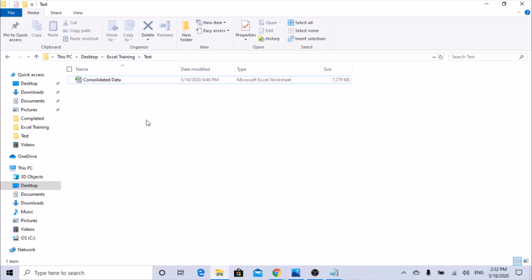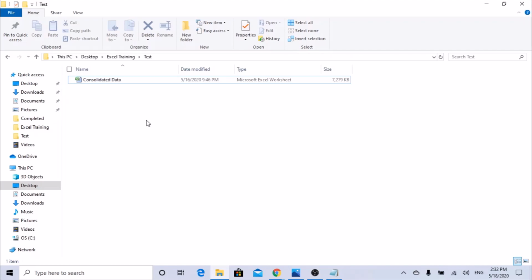Today's session is to learn how to reduce the size of the Excel file to half of its size. We would have come across a lot of scenarios where we have a master file or a consolidated file where we keep on adding the data from multiple sheets on a weekly, a daily or a monthly basis. As the data increases, the file size also increases and it becomes difficult to open. It takes longer to save and there are chances of the file getting corrupted and losing your data. So how can we reduce the issue by reducing the size of the file?